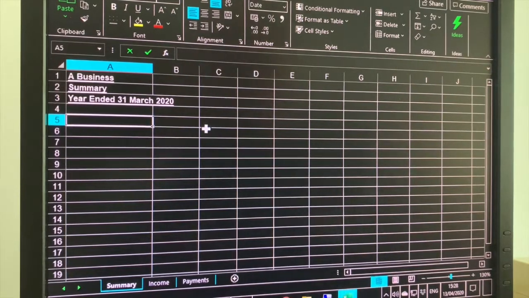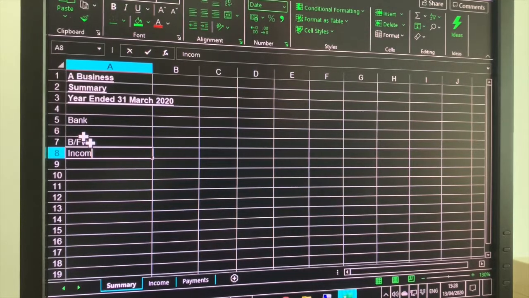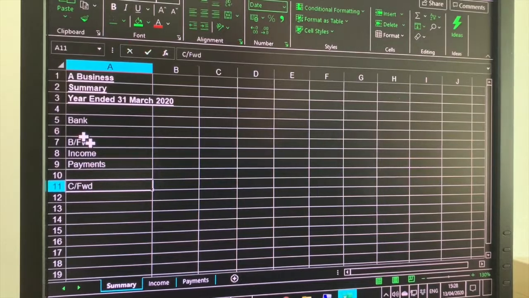Now we'll start off with the bank, and I'm going to say brought forward, and then income, and then payments, and then carried forward. Okay,